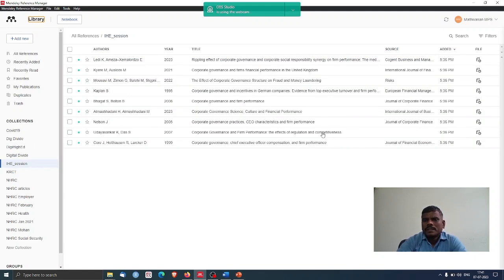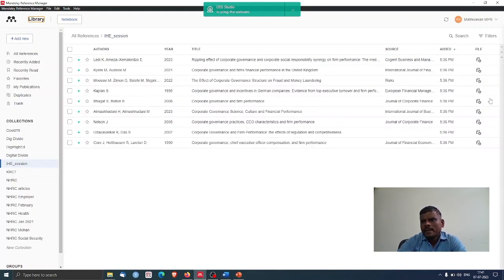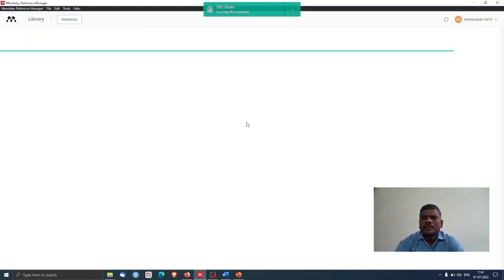Okay, so here when we click a single entry, any entry, we can see one additional window that is having the metadata. So the PDF file is not opening. Here at the right side of the screen, we will have one more additional window which has the details about our PDF files. So this is how we can fill the entry